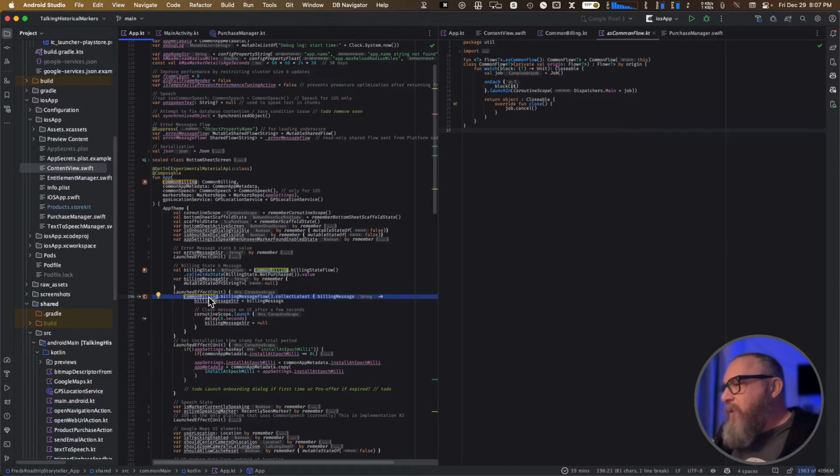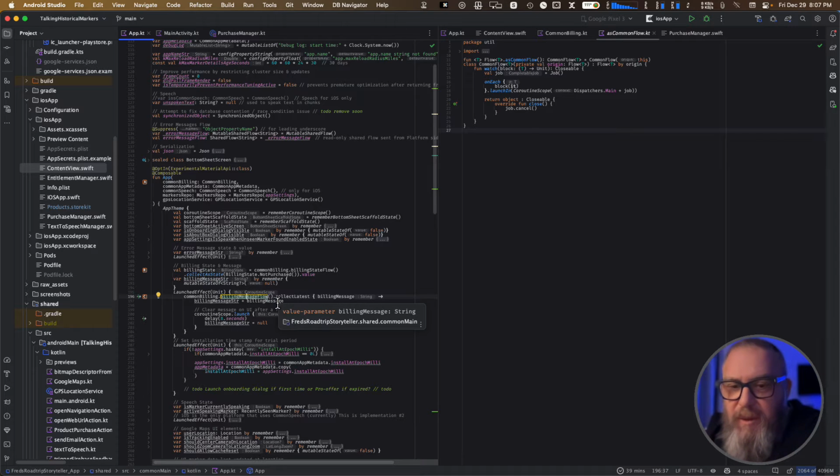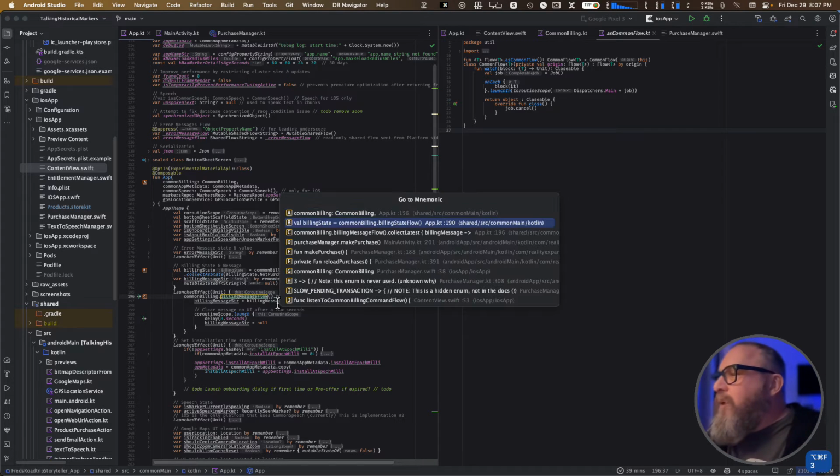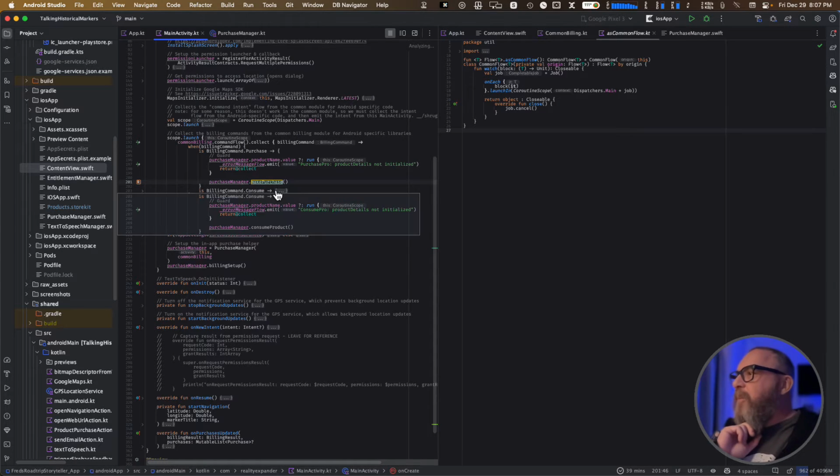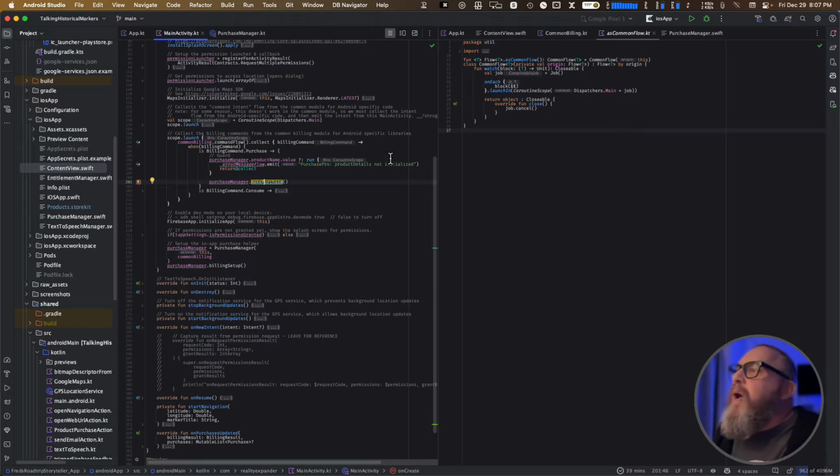And here's where the common billing messages are coming through. So there's the state of the billing, and then there are also messages coming through, like did the purchase go through, or is there an error. Those are the two things. And then we go to the purchase manager make purchase. So this is where we make a purchase, which I'm going to see if I can get the